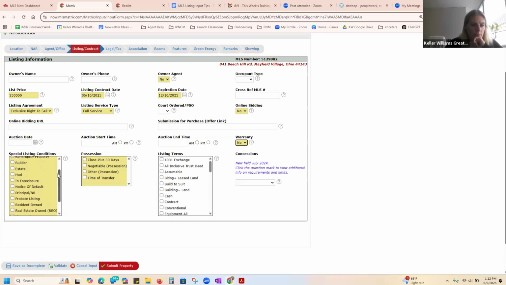Would also be another, if it's a new build, builder, auction. So for example, the one you choose is going to be,